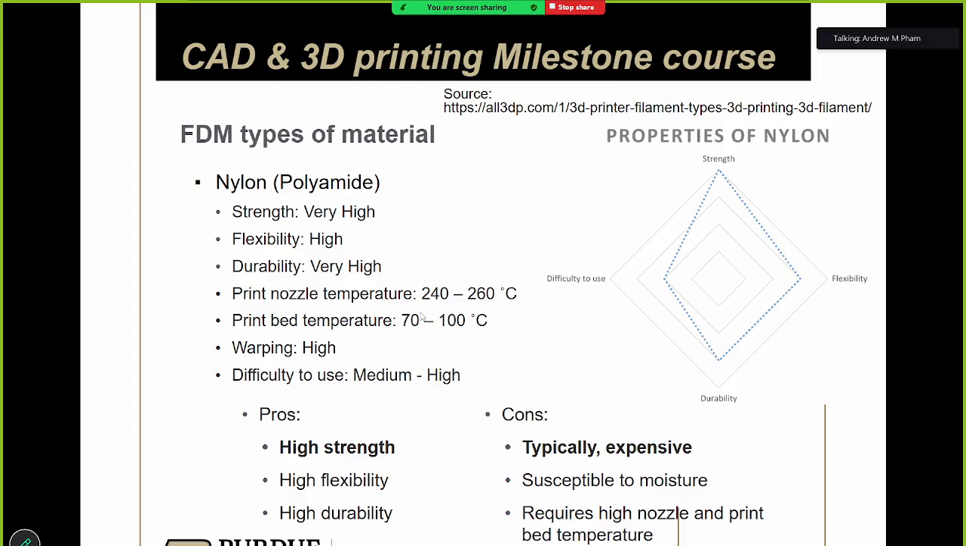When I print nylon, I actually print even hotter. So I print at 285 C. So these materials are a little bit more demanding on the hot end in your 3D printer, and I almost always recommend printing with